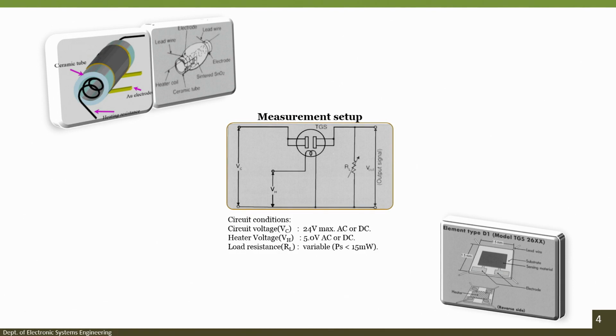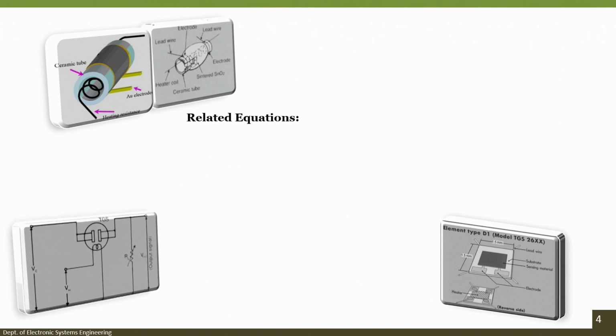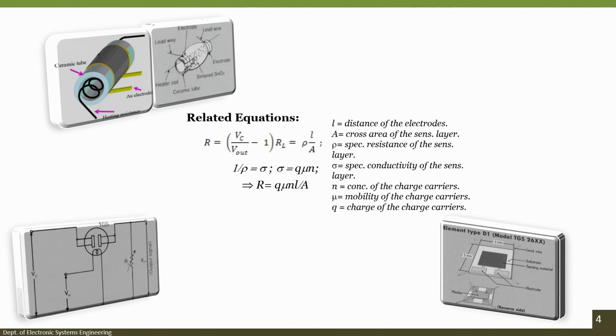The first thing is we have to apply a voltage, 24 volts AC or DC, which is your voltage across the semiconductor, and then we have a heater voltage which is your 5 volts, and then finally you have a load resistor which is variable in nature, and the power consumption should be less than 15 milliwatt. If I go to the related equations, this is how the equations are placed, where